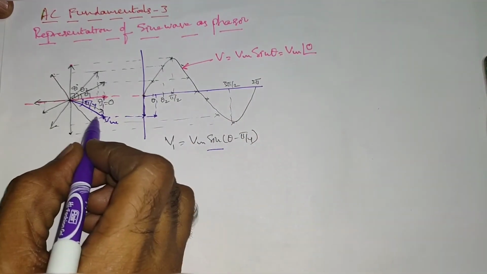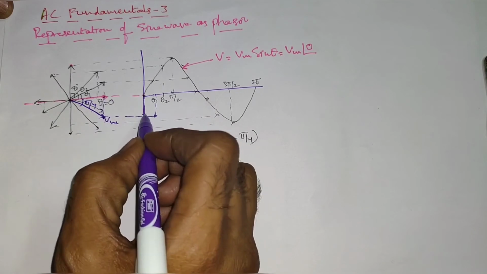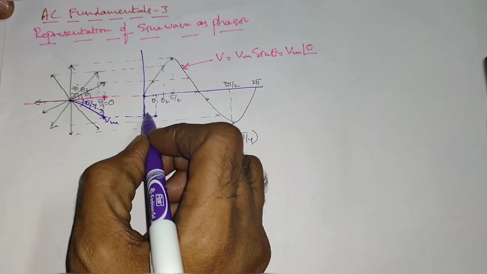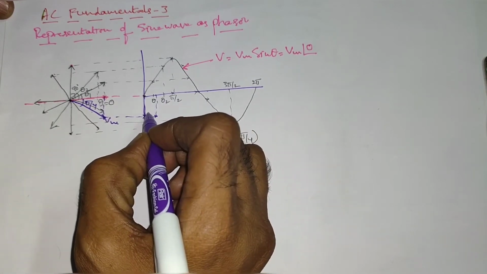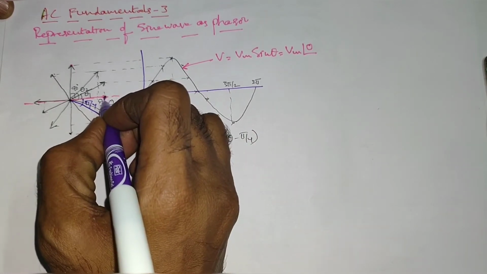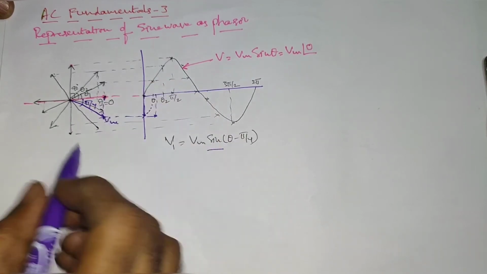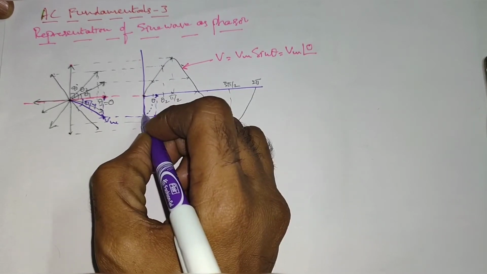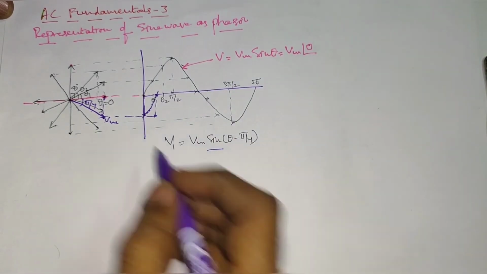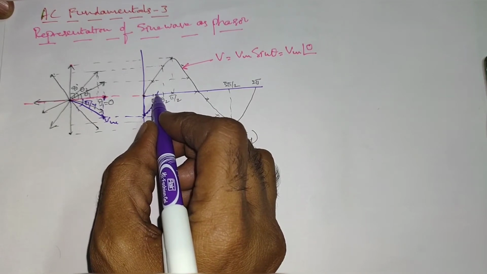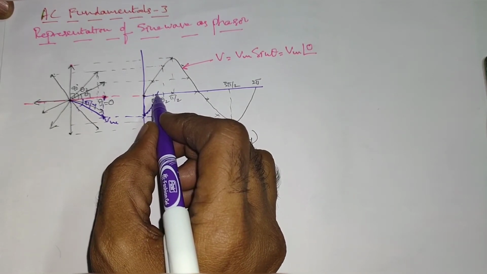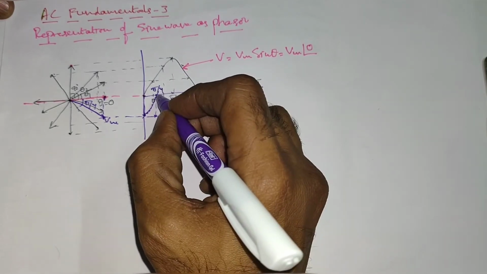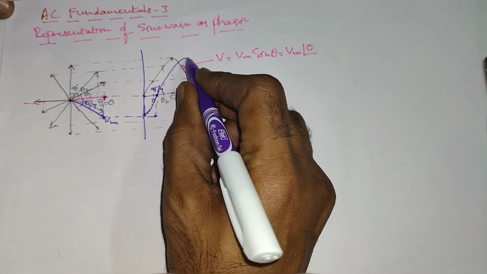And as this vector moves in this direction, the y length or the component along the y-axis also decreases slowly, and it becomes equal to 0 when the vector moves through an angle of plus pi by 4. So say if this is pi by 4, this is the instant where the waveform is going to cross the 0 value on the x-axis. So this is pi by 4. Like that we are going to have the waveform.